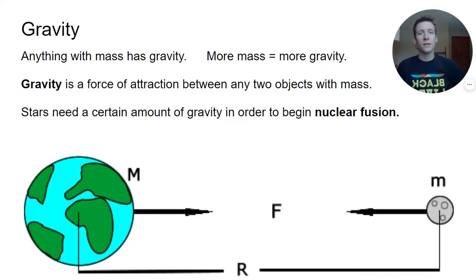The first thing we need to talk about in the star life cycle is gravity. Everything with mass has gravity. This is a very difficult concept for us humans on Earth because there is only one thing that we feel like has gravity because it is the dominant source of gravity, and that's the Earth, right? Everything is pulled down to the Earth. Gravity is holding this cup down on the desk, my butt in this seat, our car to the ground when we're driving. But the truth is, anything with mass has gravity.